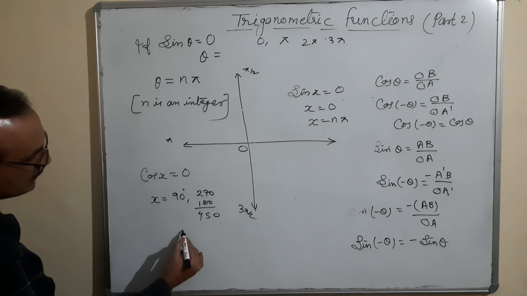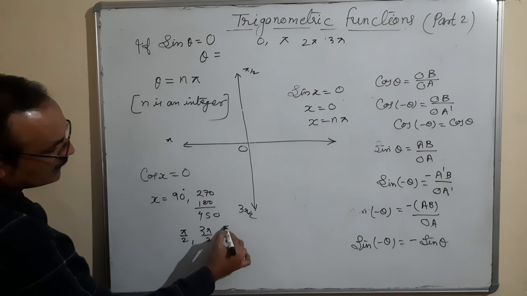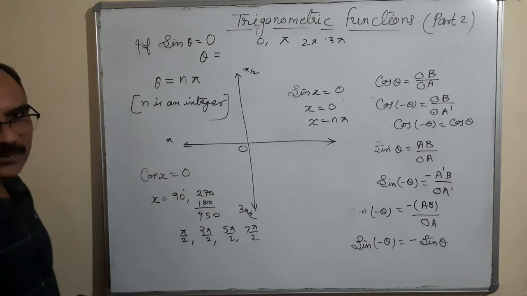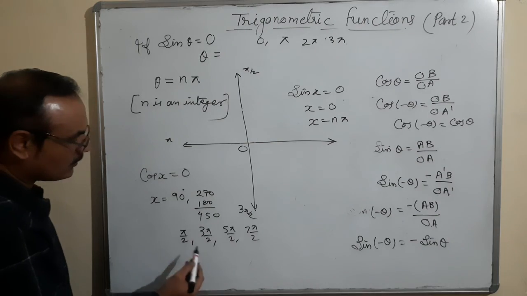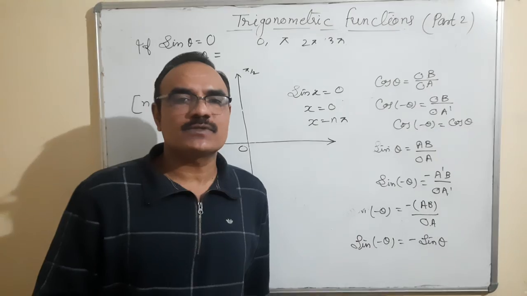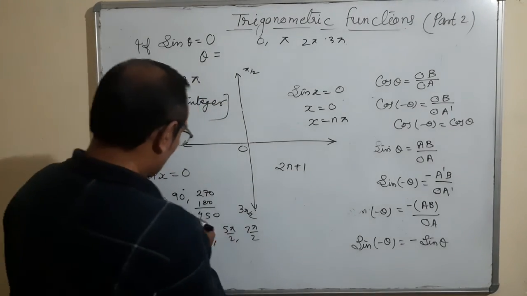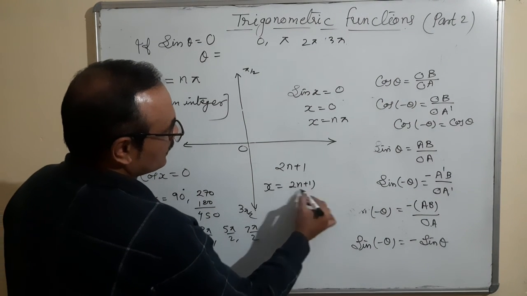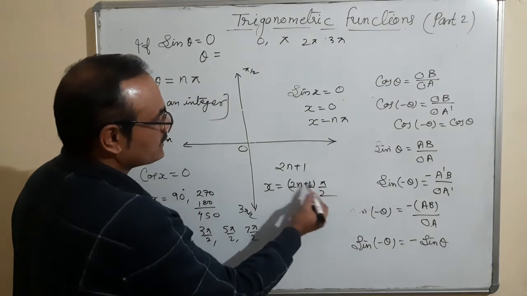So that means it is pi by 2, then 3 pi by 2, after that 5 pi by 2, 7 pi by 2. In all those terms, cos x is equal to 0. Pi by 2 is common, with 1, 3, 5, 7, 9, and this is the series of odd terms. Odd terms can be expressed in the form of 2n plus 1. So if cos x is equal to 0, therefore x is equal to (2n plus 1) pi by 2, where n is an integer.